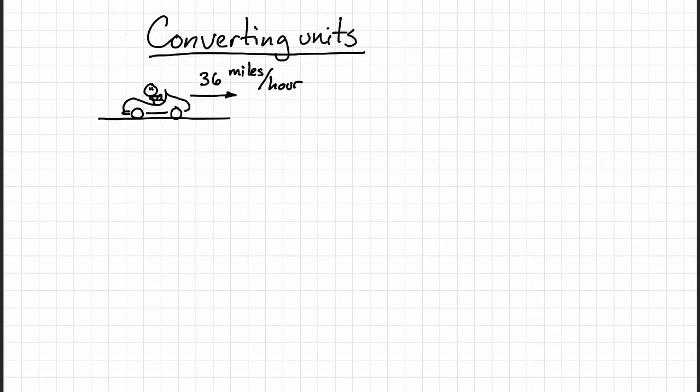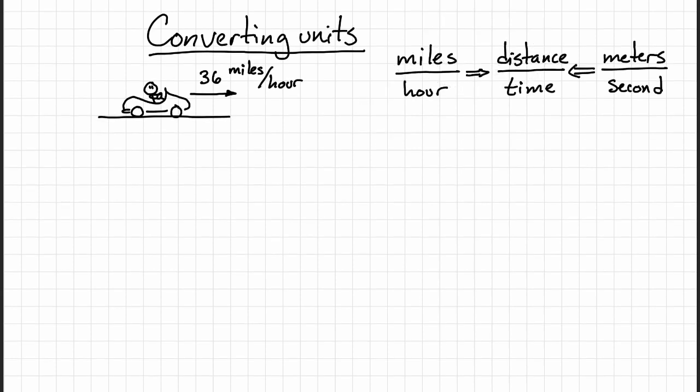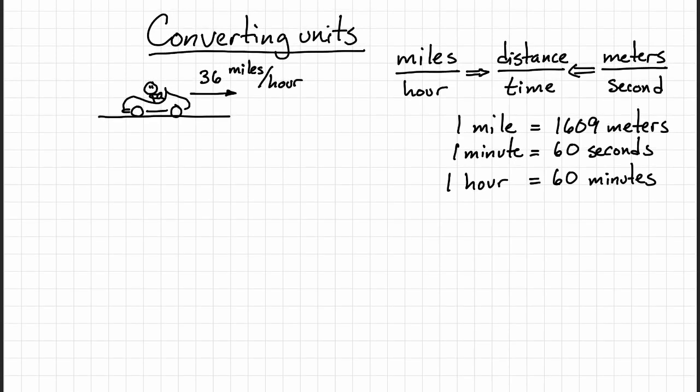If you've taken another science course before, you've probably had to convert units. This car is driving at 36 miles per hour. How fast is it moving in meters per second? Both miles per hour and meters per second are measures of distance over time. So if we know how to convert miles into meters and hours into seconds, the unit conversion should be very